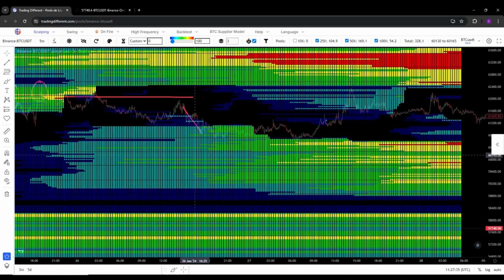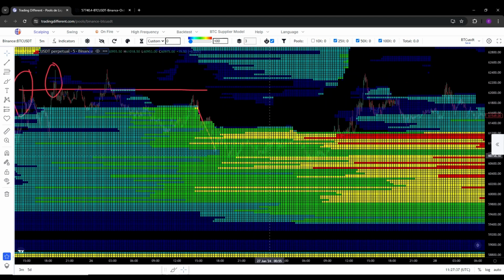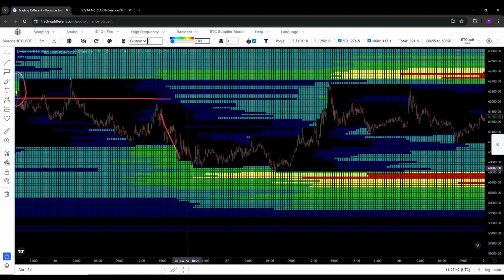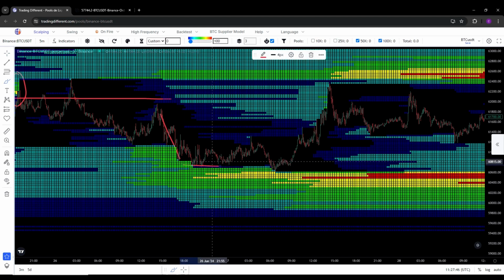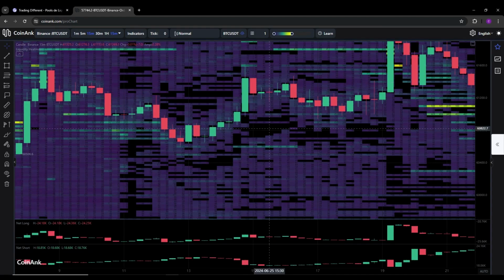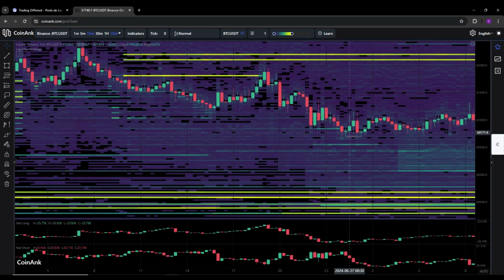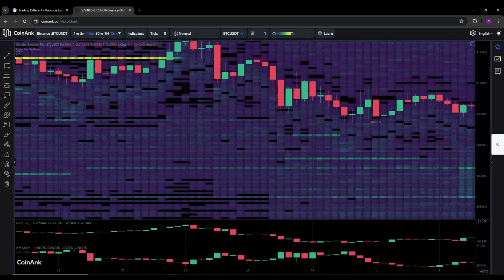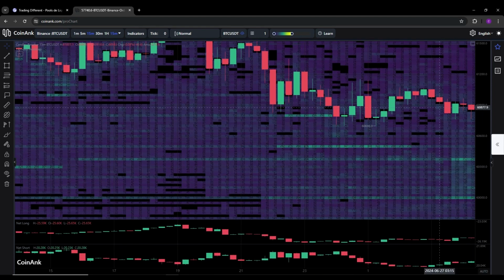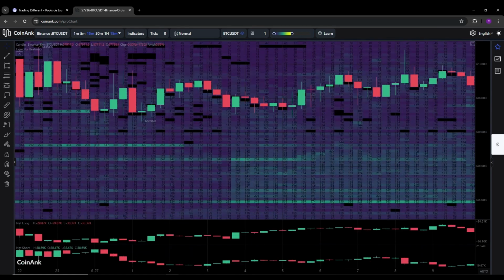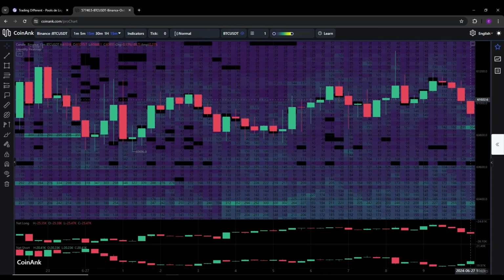There was high leverage liquidity here, which the market hunted. I took another long trade from 60,700 again because the market swept liquidity from there and orders were protecting that zone. The order book here was protecting the market with buy limit orders. Now the order book was showing that orders were protecting the market from going down.